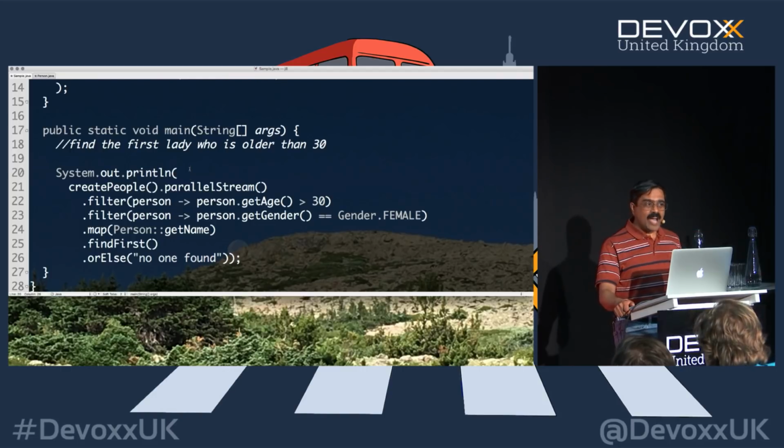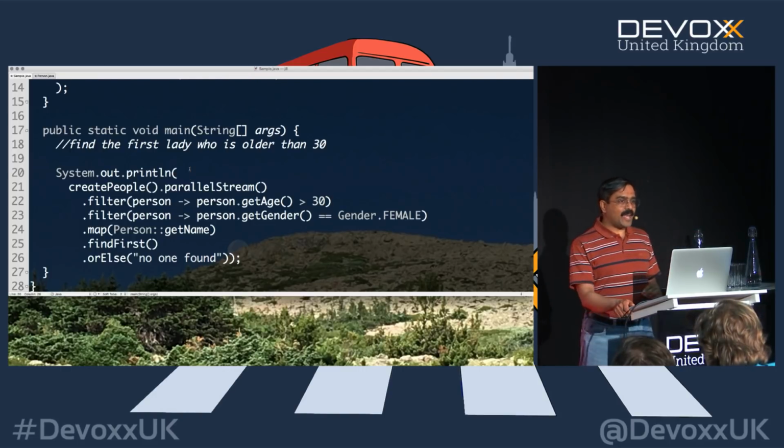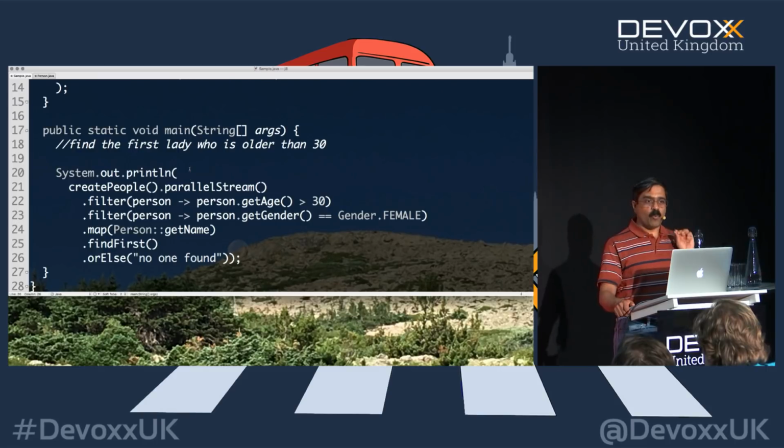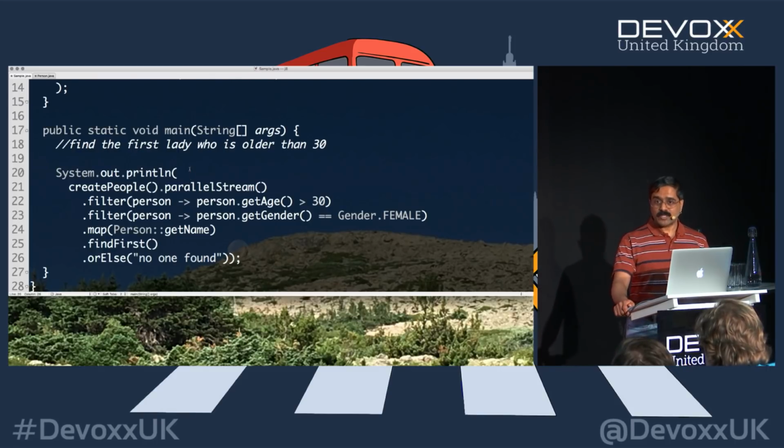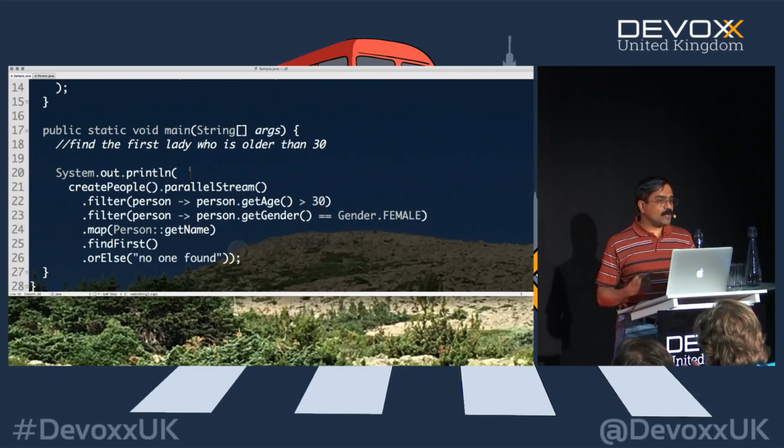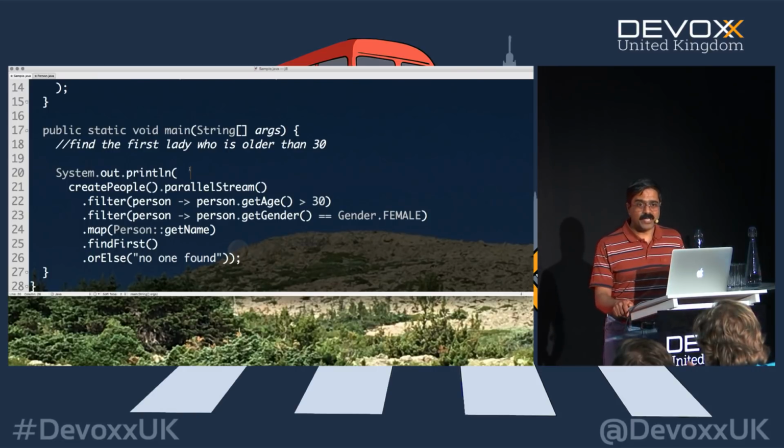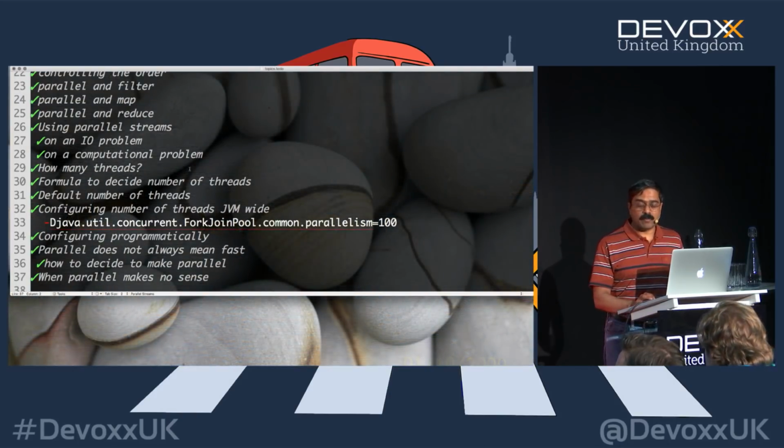And that is exactly how parallel works. Parallel says, I don't care that I'm wasting more resources with the hope of getting the results faster. So which means when you run in parallel, you may actually run more things than you would otherwise, but with the hope of getting the results faster, and that is something you have to be very careful about as well.